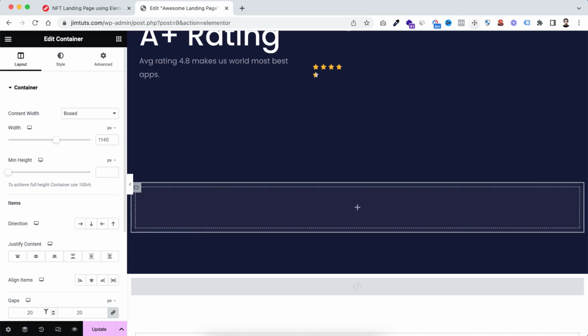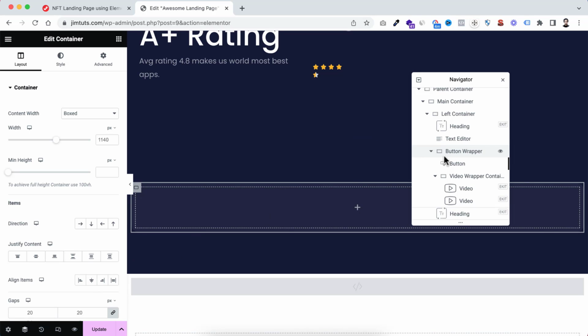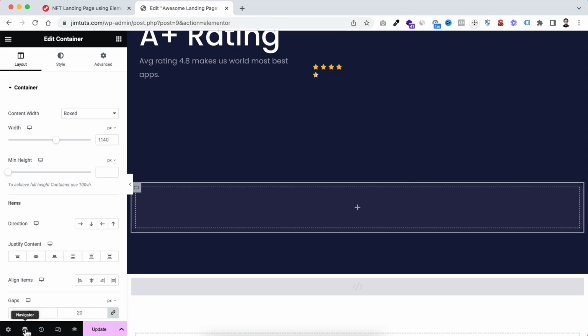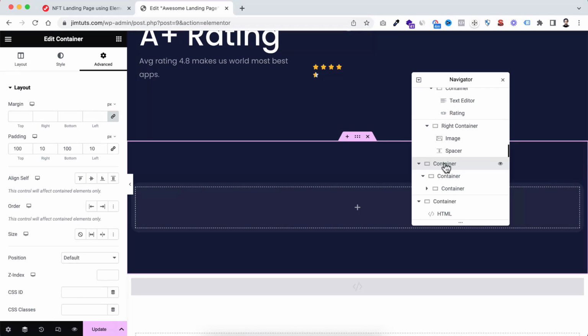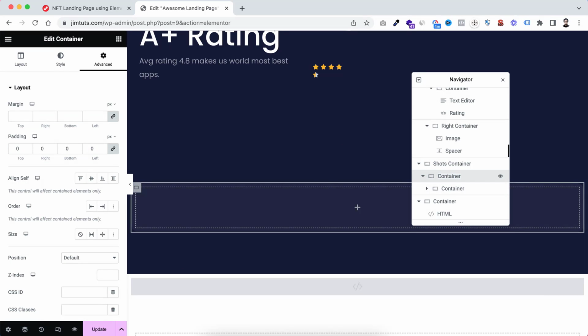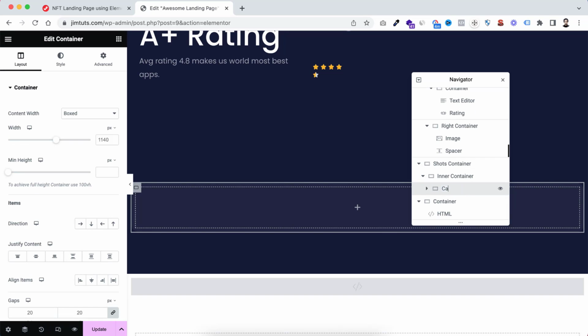So first of all, let's open the navigator so we can understand the structure. Just click on navigator, and have a look. This is the first container, so we can name it shorts container. This is the main parent container. Within this, this one is one inner container, and within the inner container I will be using this container as curves. So I'm renaming it as card 1